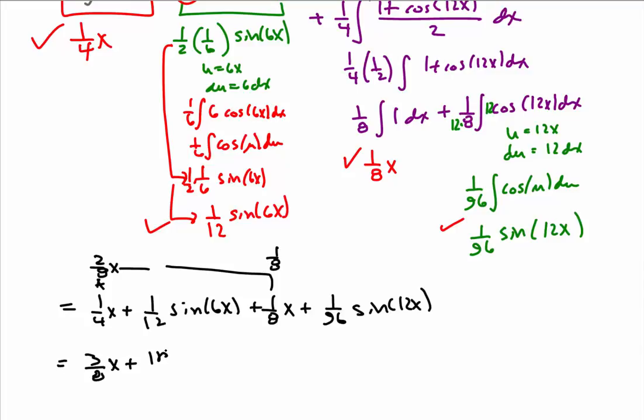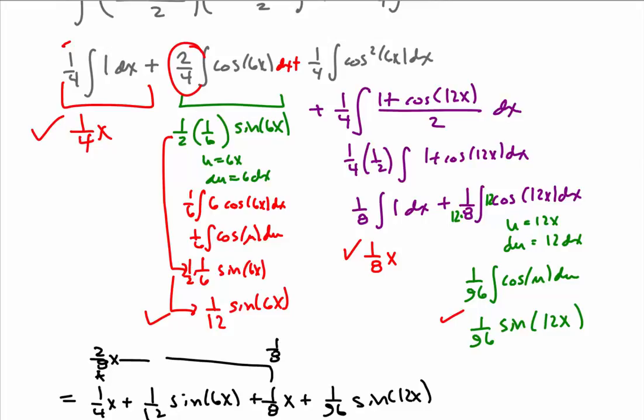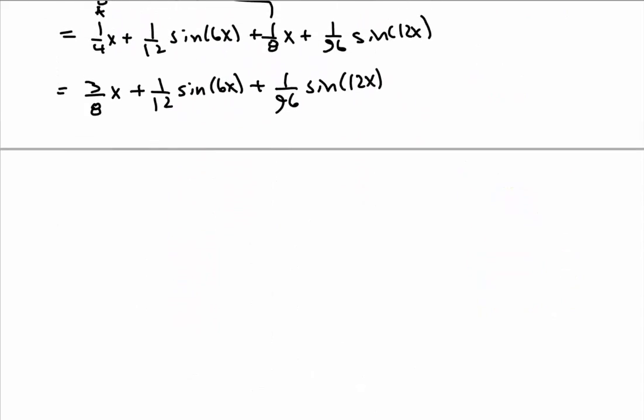plus 1/12. Now one caution I'll give you is when you check your answers on Mathway or Wolfram Alpha or something like that, they apply some very, very funky trigonometric identities sometimes. So you might do your handwork and get this nice little solution, and their answer might not look anything like it. So it doesn't mean you're wrong though, it just means that they've applied some trigonometric identities. So the best way to work with that is you would take your answer and subtract it from their answer, and if you get 0, they are equivalent expressions. Okay, so a good way to check this is to take your answer minus Wolfram's answer, and if you get 0,